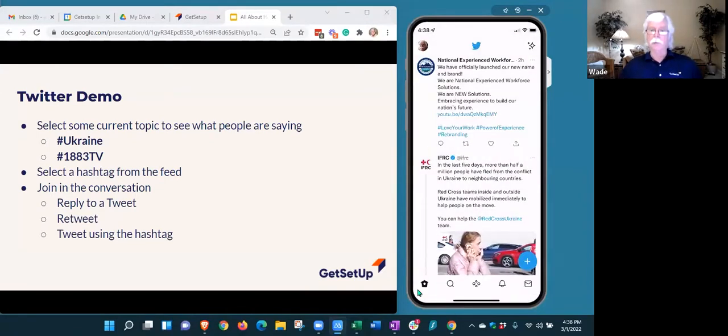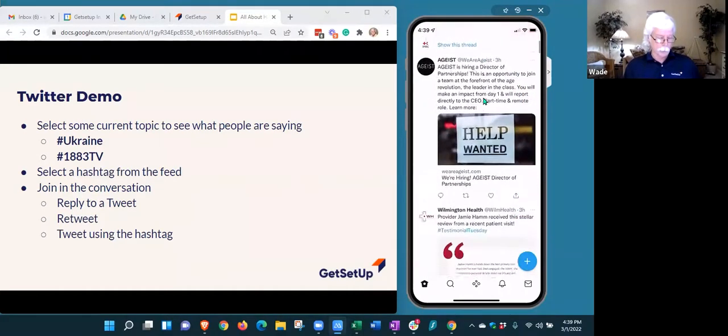This is when you click over here. This is your feed, and it's the same thing as your feed in Facebook. I actually need to learn Facebook too, to tell you the truth. So these are tweets that the Twitter algorithm I was talking about has selected for me to see, based on people and organizations that I follow, types of things I follow. And most of the time, most of the tweets are from people and organizations you follow, but sometimes other things will show up based on the algorithm. So that's what this is. If I just want to see what's going on, I can just scroll through here.